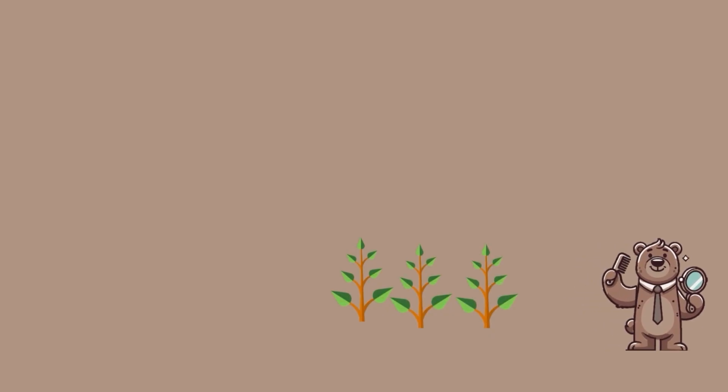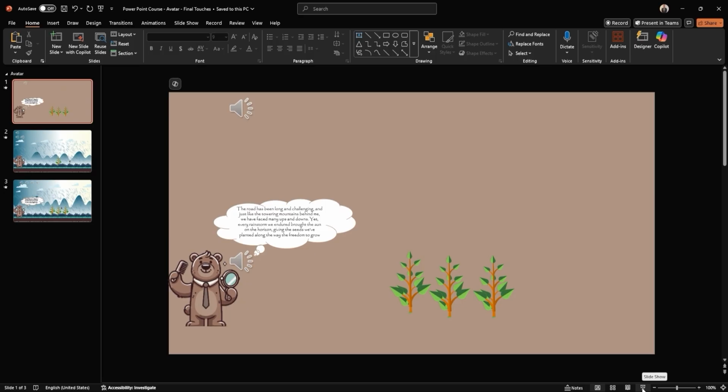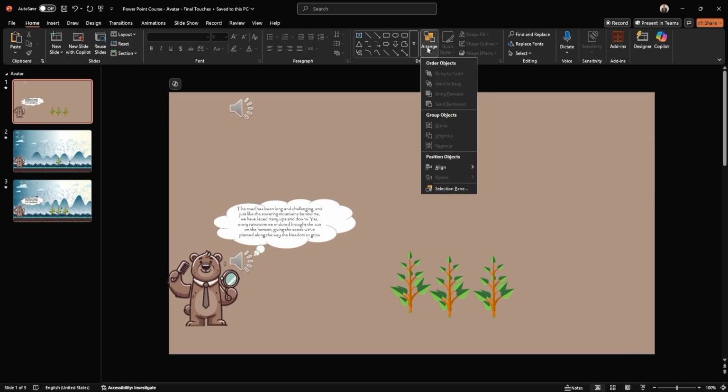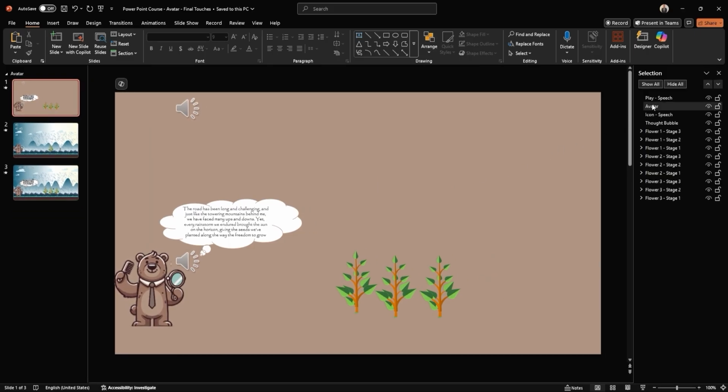You could simply copy and paste these elements into slide 2 and call it a day. However, before we do that, let's take a quick look at the selection pane. There's nothing out of the ordinary here, except for one small detail. You'll notice there are 2 sound icons. The first one at the top is the actual AI-generated voice file that we want to play. The second one, although it could technically be used, is just a duplicated sound element.